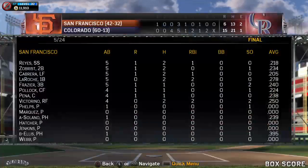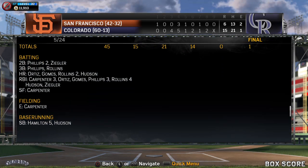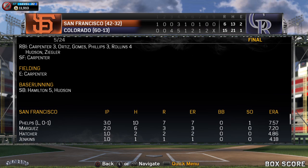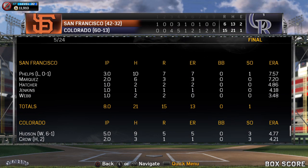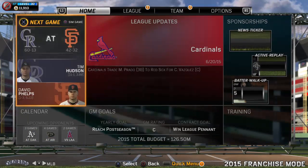The O's paid a visit to the Red Sox in Beantown, and Baltimore was victorious. The final score was 3-2. Ryan Zimmerman led the charge offensively with 3 knocks in the contest. Scott Rice pitched well enough to earn his first victory of the year. Looking at the standings, the Reds to